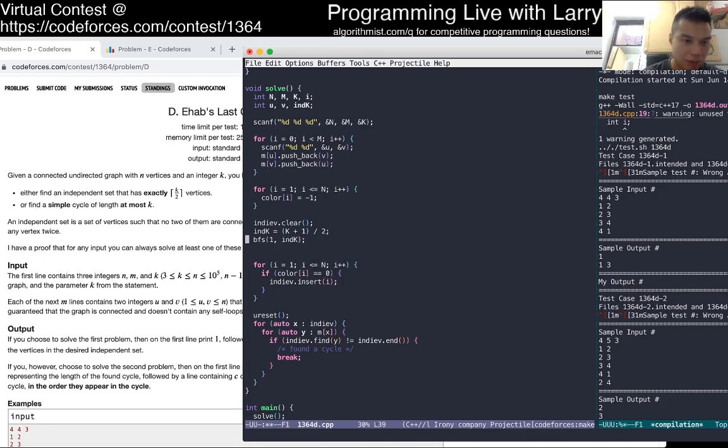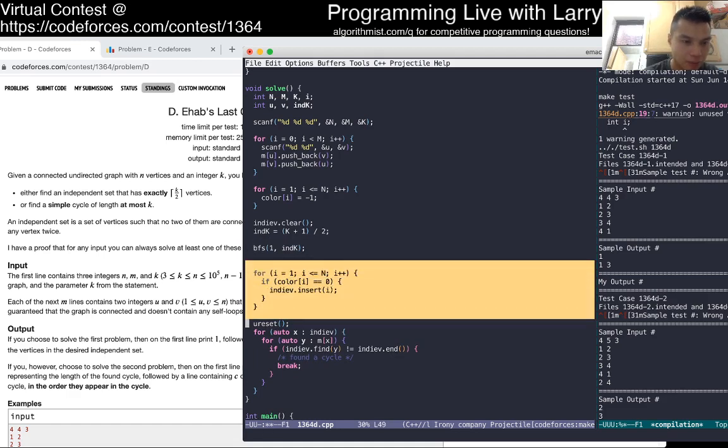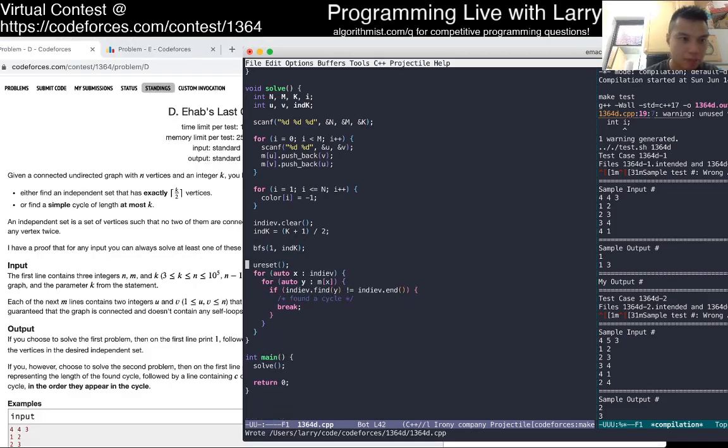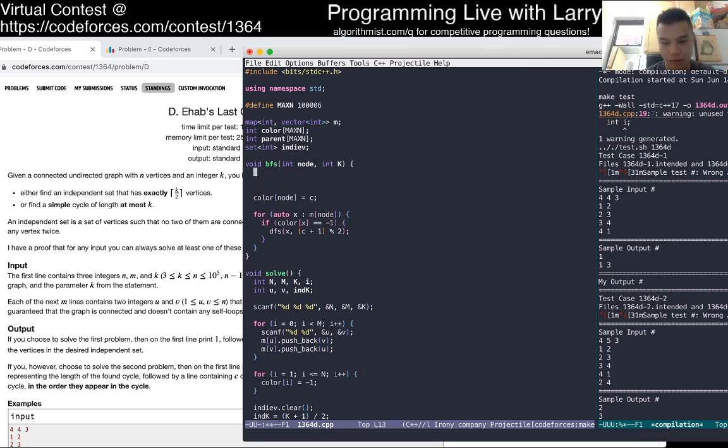So for the breadth first search, we just put the first couple of things that are in there. And this is a distance, not color anymore, but we'll still do it that way.